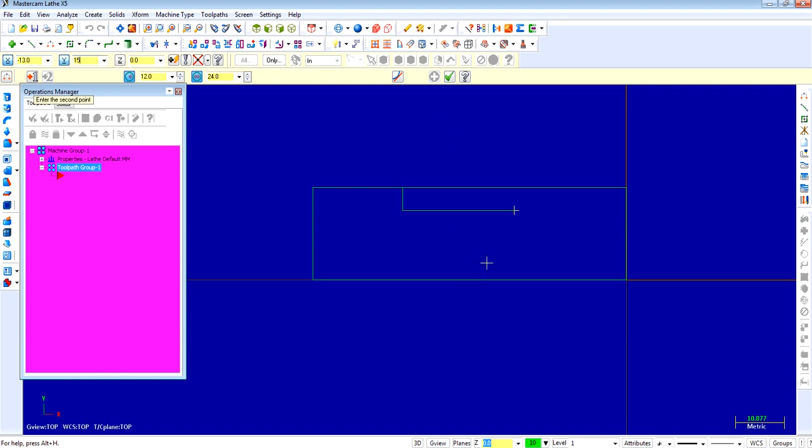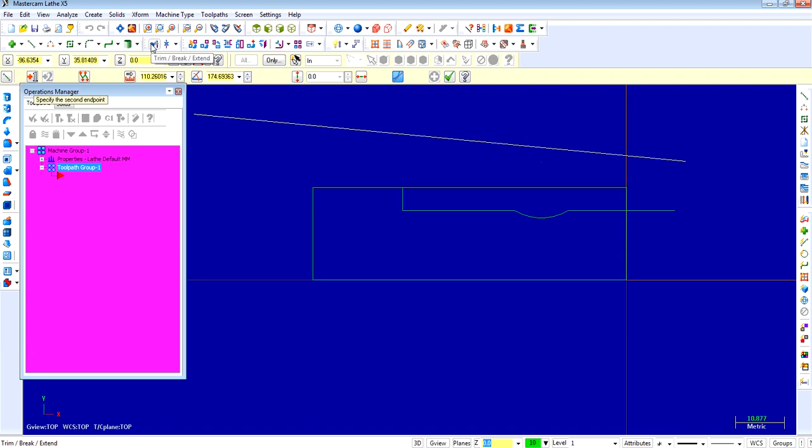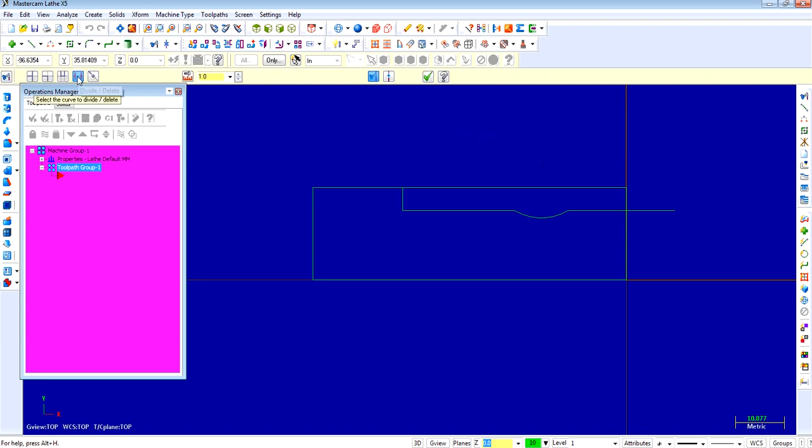This distance is 15, 0 and 3. Okay. Select this arc again, select 9. Select trim action. Select divide and delete.